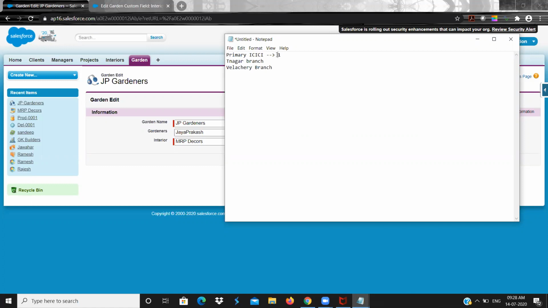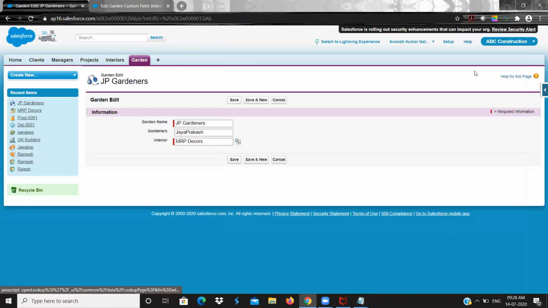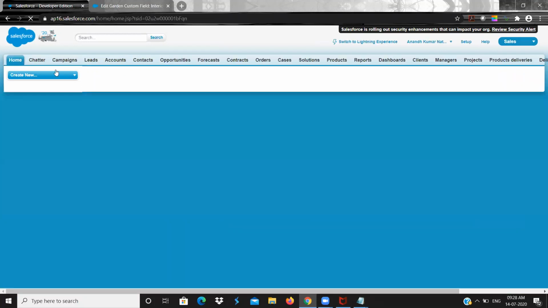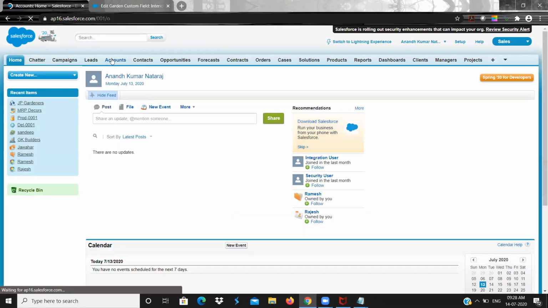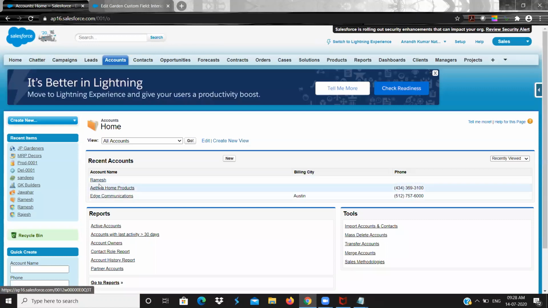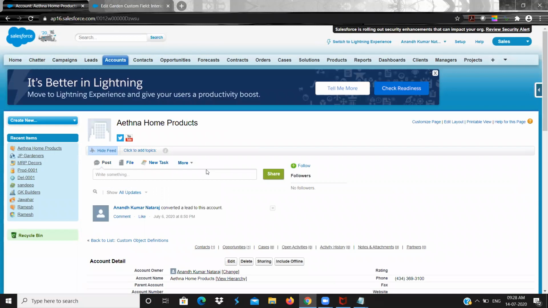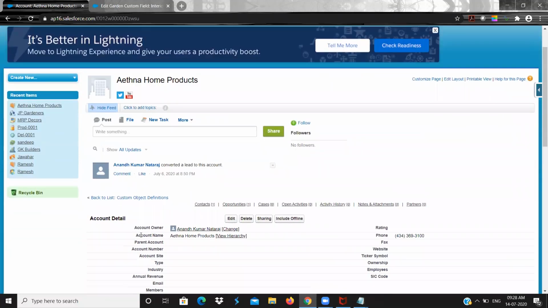So this T Nagar branch, you already have a relationship, account itself relating to account. Here, if you go to account, see, account name is there, right? This is a relationship, that is, account itself having a relationship with the account.